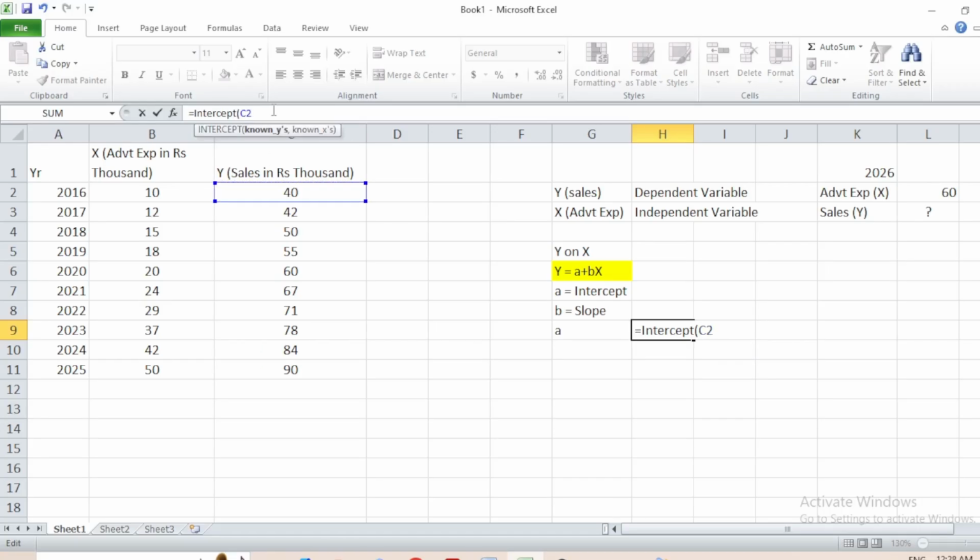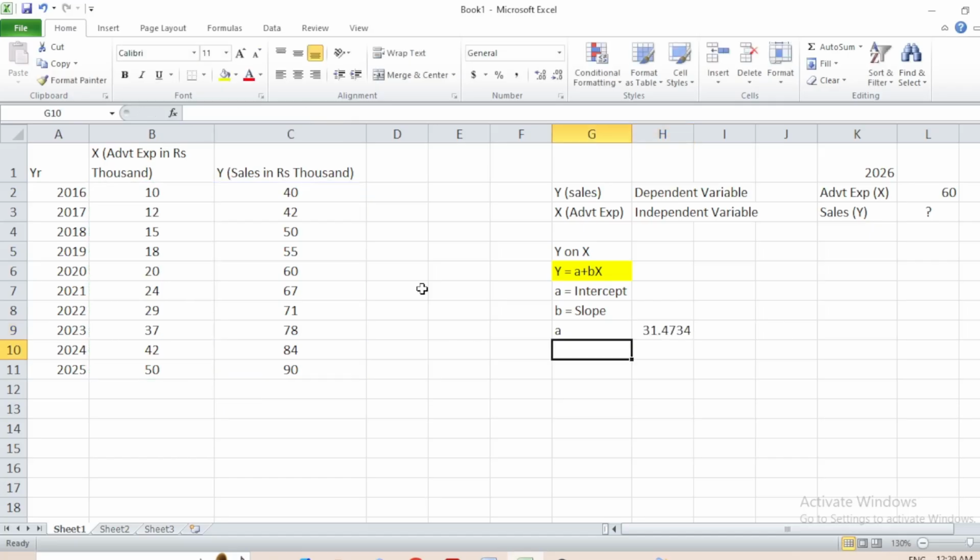So from C2 we will select up to C11, and for the given variable of x, it will be from B2 to B11, bracket close. So this gives me an intercept of